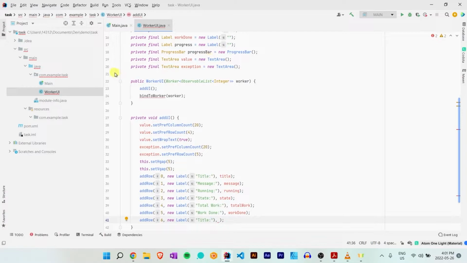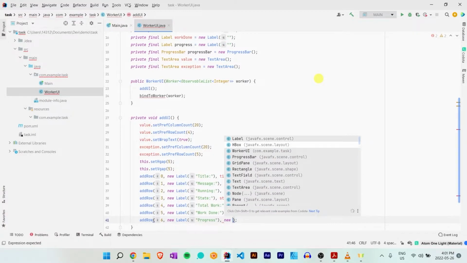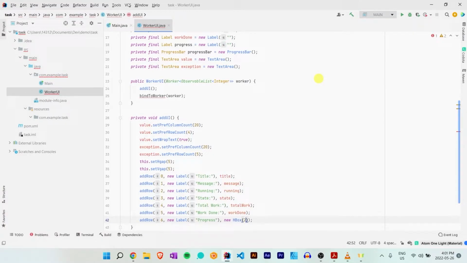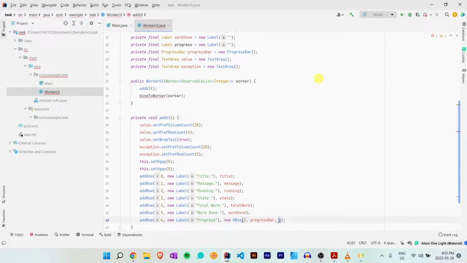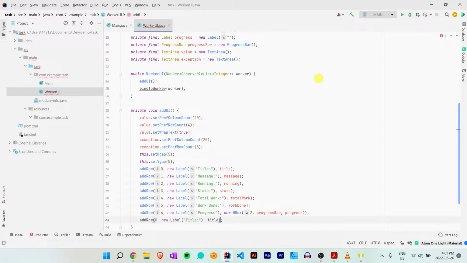We're showing both a progress bar, sort of similar to a download bar that shows how much you've downloaded if you're downloading something, and then the number itself. All right, so we'll need to show these side by side. To do that, we'll need to create a new HBox. We'll give it a spacing of 2, and then I'll add a progress bar first, and then I'll add a progress label second. All right, and then we'll do add another row of 7,